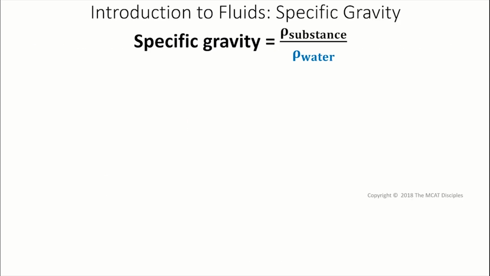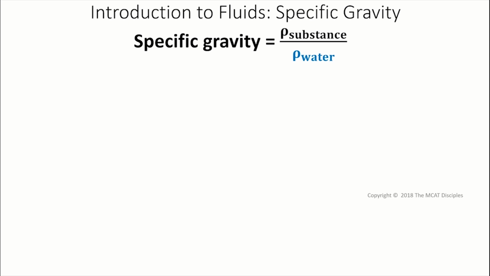Okay. So there's also a term that we use in physics called specific gravity, which gives us an understanding of how heavy something is. Because with density, you say, all right, this thing has a density of, I don't know, 5,000 kilograms per meter cubed. Does that mean anything to you? Do you have some inherent, practical understanding of what that means? No, probably not, right? So specific gravity is the term created to give us a more practical understanding of what it means when something has a certain density.